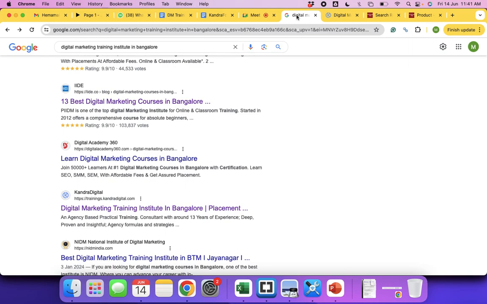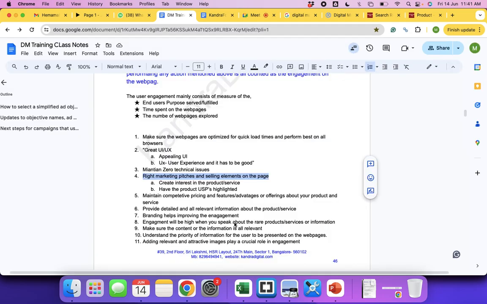See, if a salesperson is with an angry face, will you prefer to speak to them? If they are speaking pleasantly to you, correct? If they are welcoming, you will probably continue to speak with them, correct? Your web pages will also play such kind of role. You have to make sure the communication is as pleasant as possible for your customer, and you need to have the marketing and selling elements on your web page. That's also going to improve your user engagement. Clear, everybody?